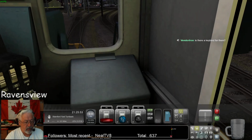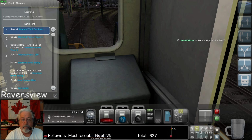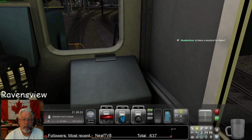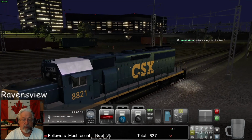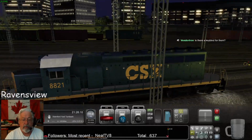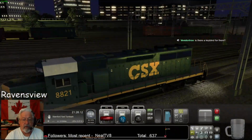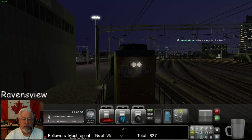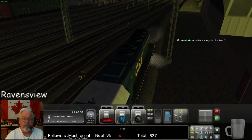Okay, so let's do this again. Request expired, but it appears we don't really care. That's the step light. Oh, the step lights are on, okay. And the headlights aren't very damn bright on this, but